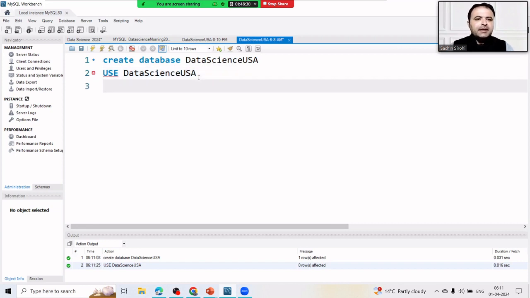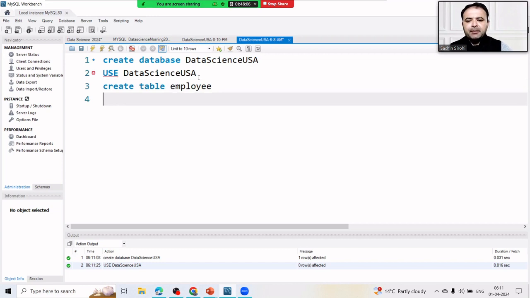The database was created successfully. Then I want to create tables, employee and department. I'm just creating a table, employee,